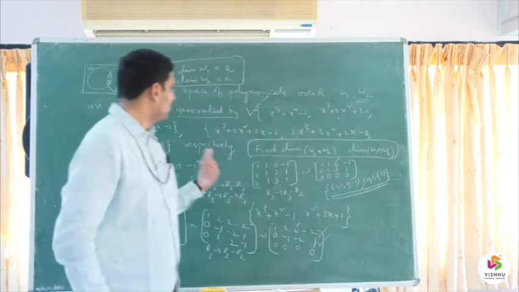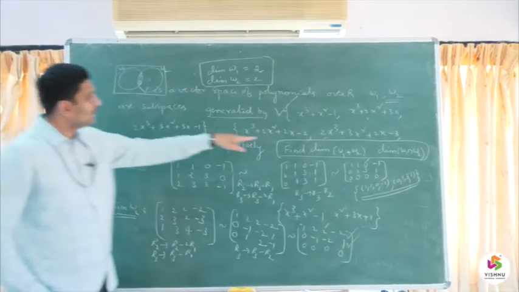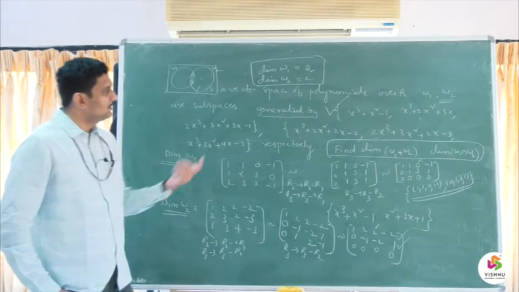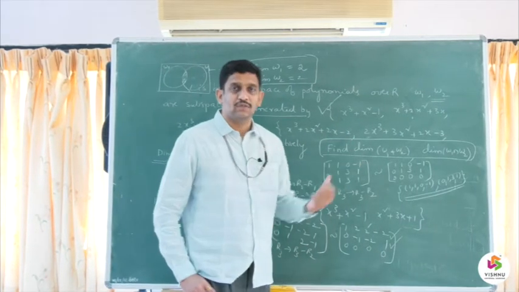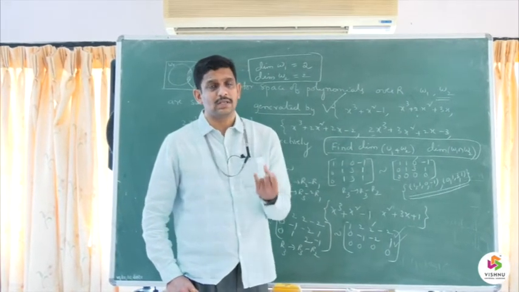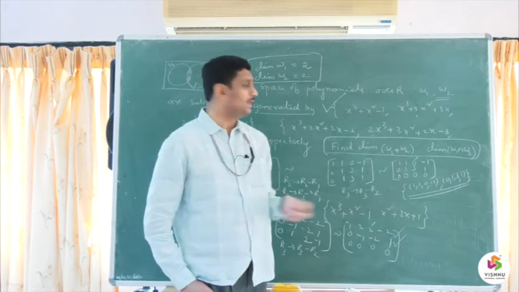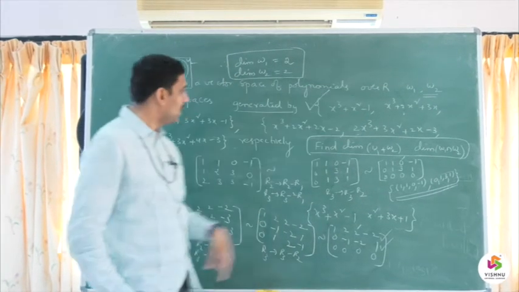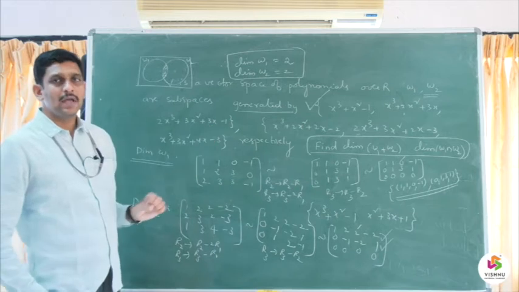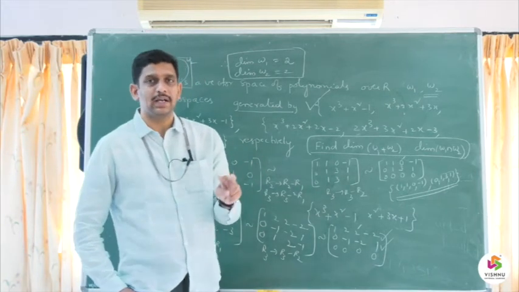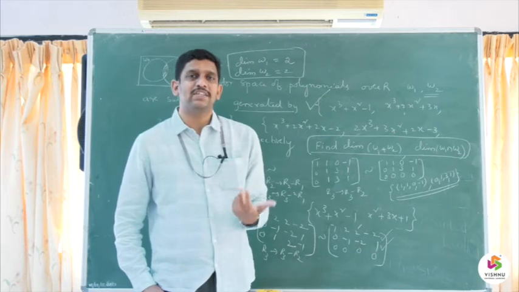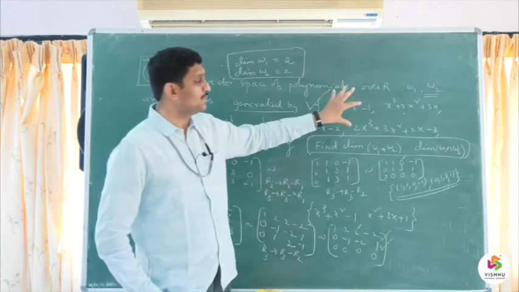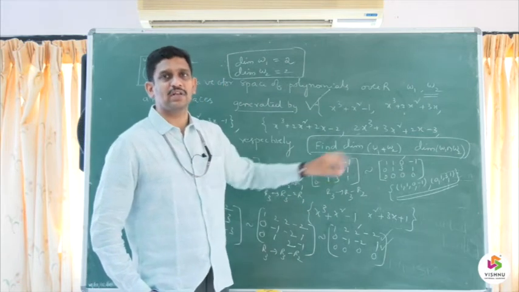Now what will we do? We will calculate the dimension of W1 plus W2. As I discussed earlier, W1 plus W2 is the set which consists of the subspace W1 and the subspace W2 as well. It contains the two sets. So I will take the spanning set of W1 and the spanning set of W2, and by taking the two sets together, I will form a big set. I will say that this is the spanning set of W1 plus W2, because it contains the spanning vectors of W1 and the spanning vectors of W2.